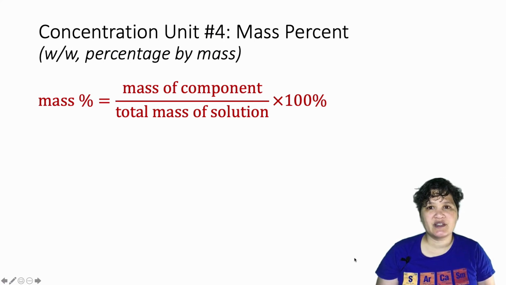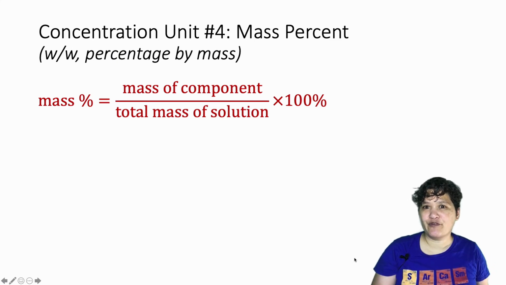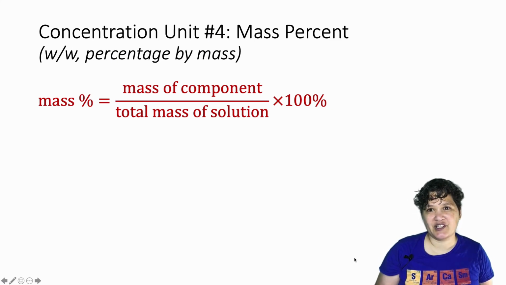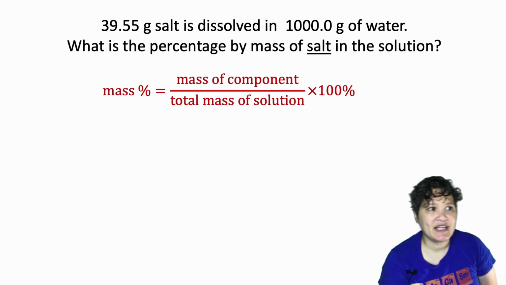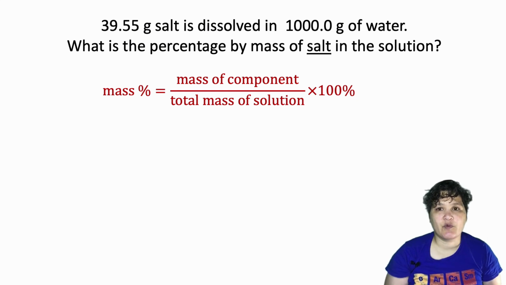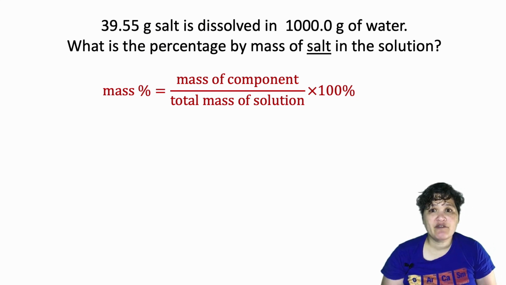The mass percent is going to be the mass of component divided by the total mass of solution. It's kind of like our mole fraction. This is going to be the mass fraction, except now we're going to turn it into a percentage, so we're going to multiply by 100%. Let's calculate the mass fraction of a saline solution where we're dissolving 39.55 grams of salt in 1,000 grams of